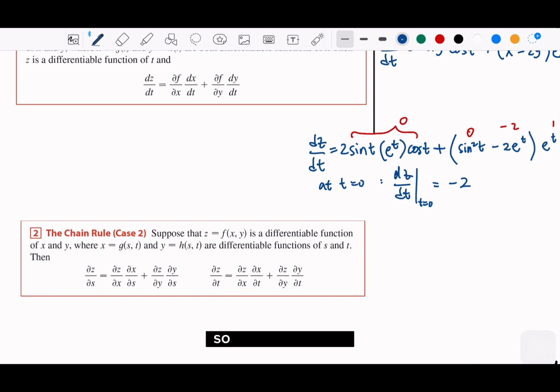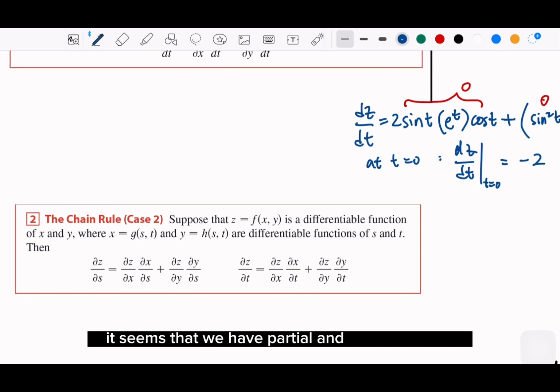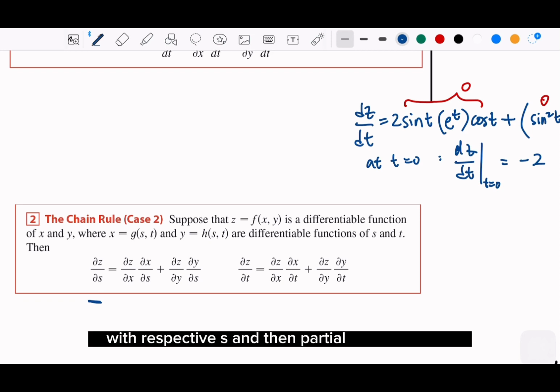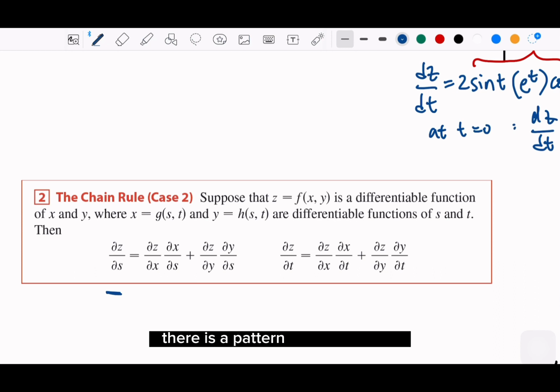If you look here, it seems that we have a partial and another partial. For example, the first one is dou z dou s, so partial z with respect to s, and then partial x and partial s. But we write this. There's a pattern to help you out. If you look at the formula,